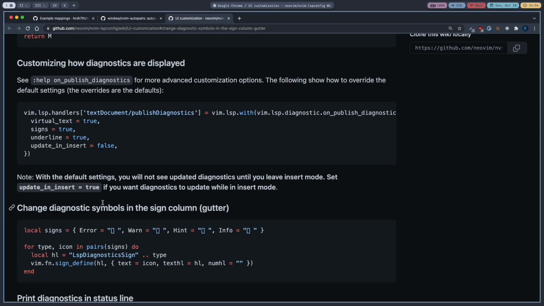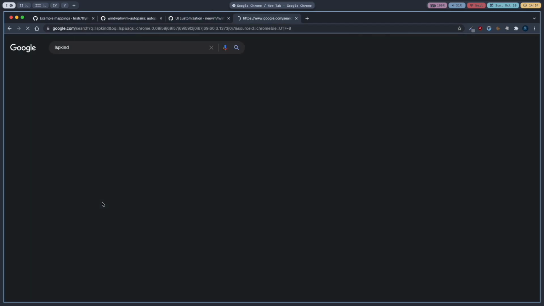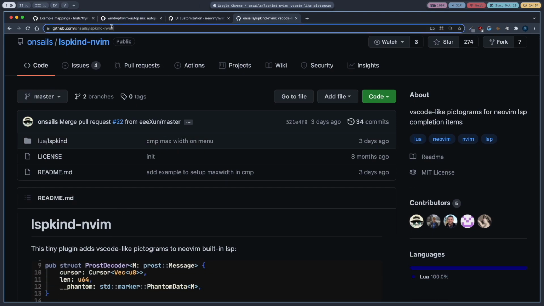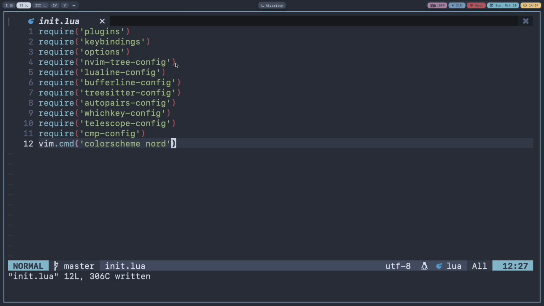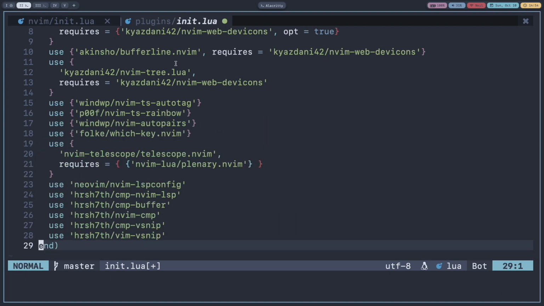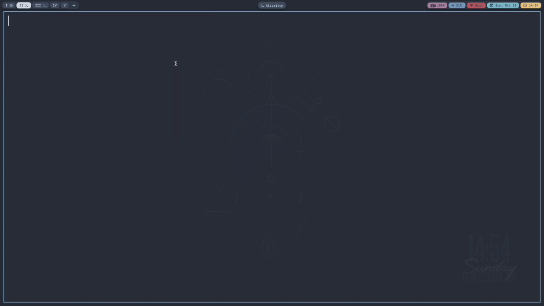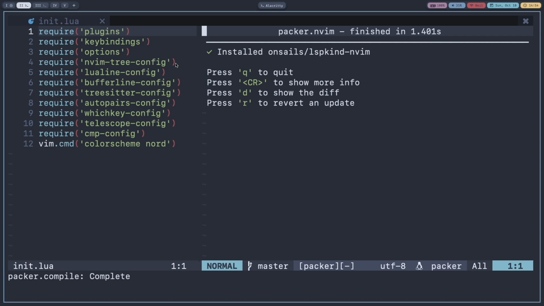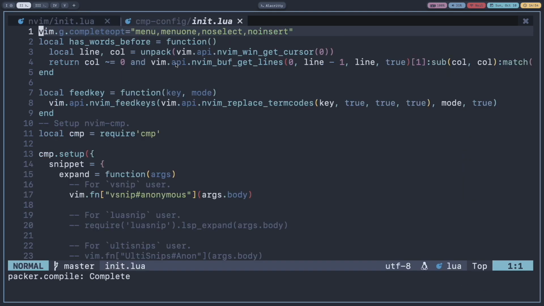So for that, there is one plugin called lspkind-nvim, and to install that, copy the top part and then open your plugins/init.lua and then use, I'll copy that once again and then I'll paste it and do packer sync. Okay, now it has installed.